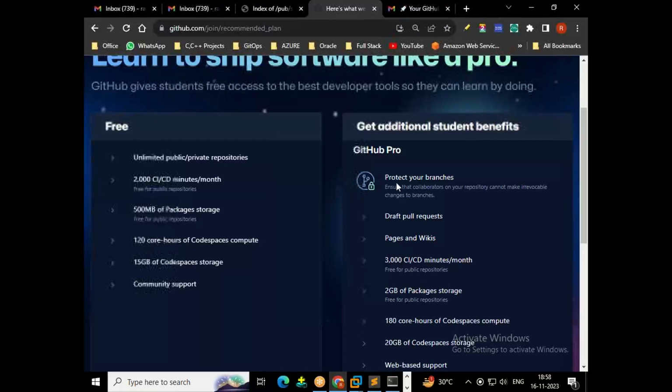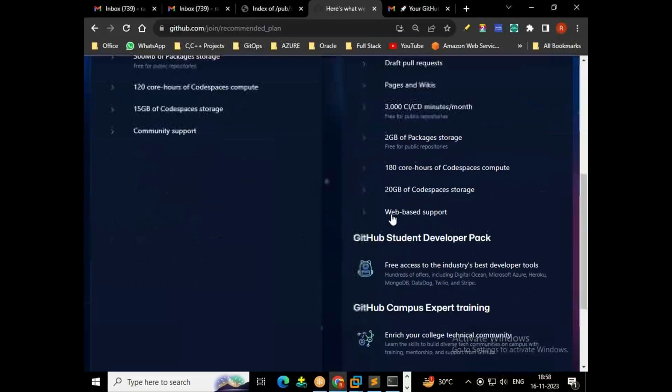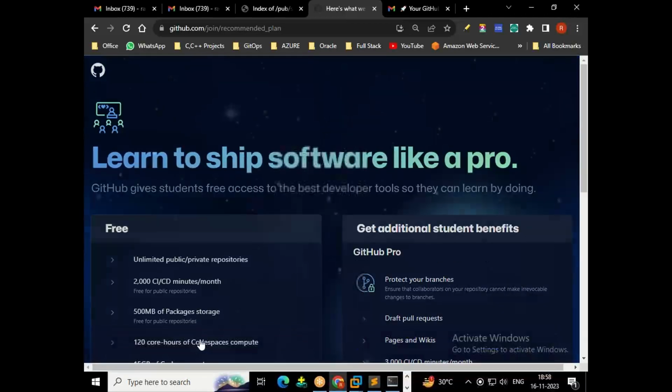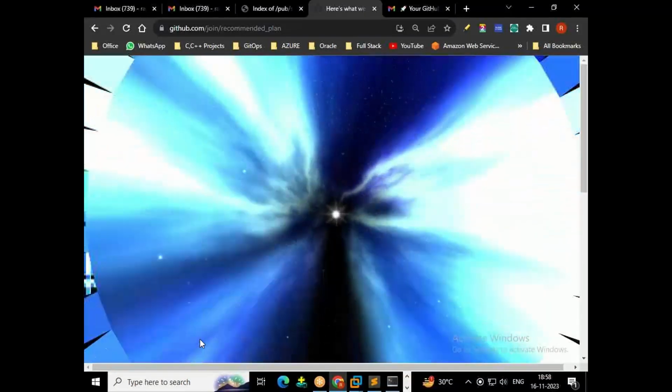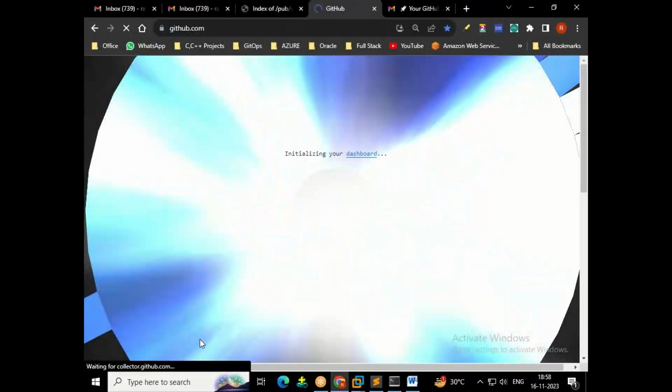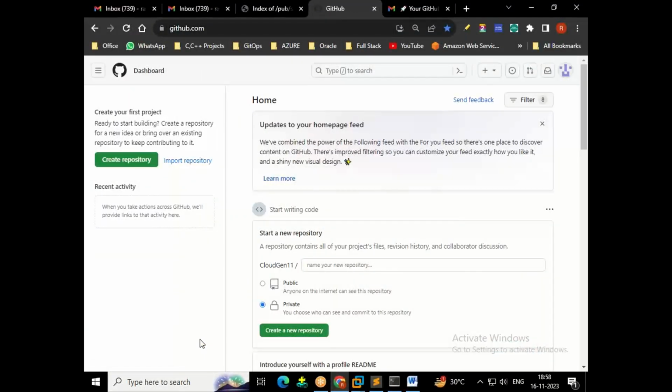GitHub Pro, and it's a free and Pro. You have to pay some amount, guys. If you are choosing this one, you have to pay some amount. Otherwise, just click on continue for free. But the difference between Pro and public, whatever you are uploading, whether it is a file, video, audio, or image format,